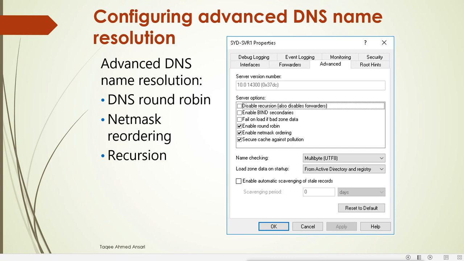For example, suppose we have three web servers here, and this web server's IP is 1, then this server's IP is 2, then this server's IP is 3. Now when the user wants to access the website, I want to do the load balancing.